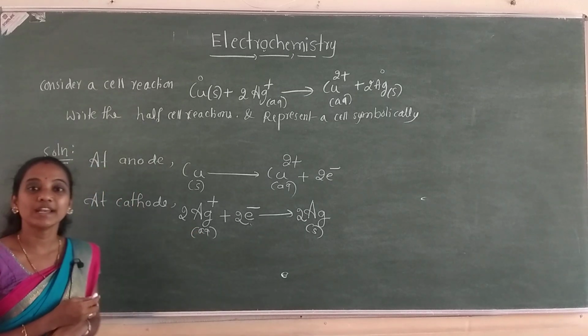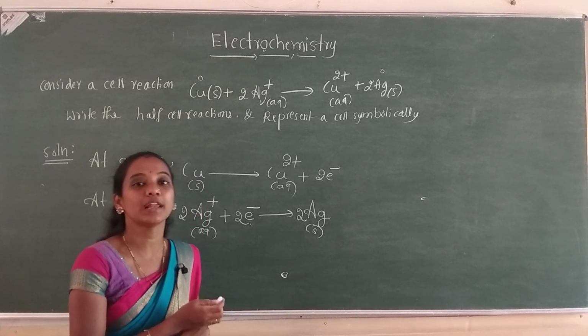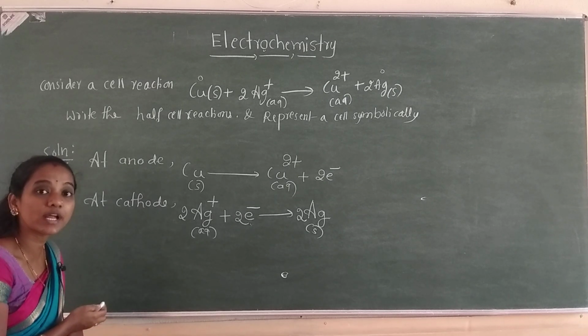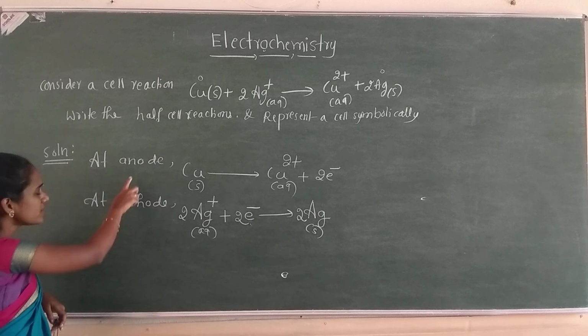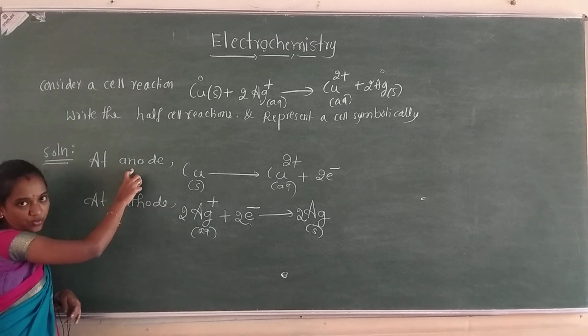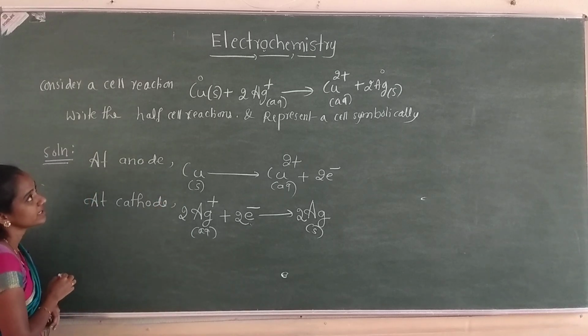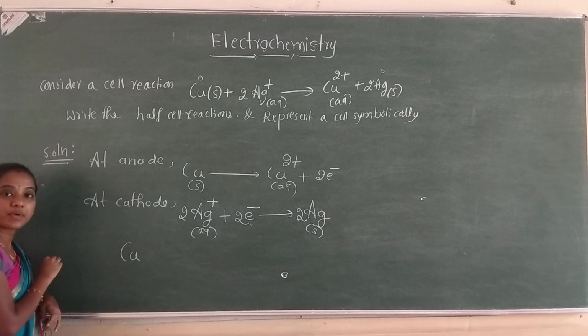So, always while representing any cell, the negative electrode is written on the left hand side. Now we have to identify which is the positive electrode and which is the negative electrode. Here the negative electrode is the anode. So, first we have to write the negative electrode, at the extreme end,